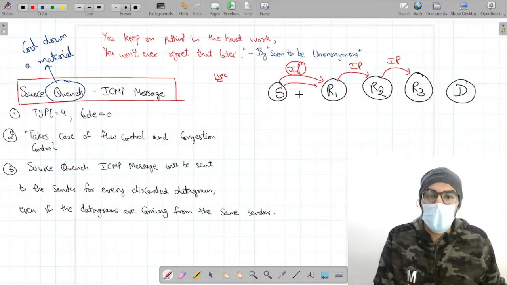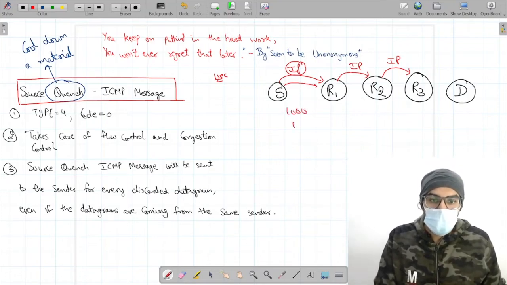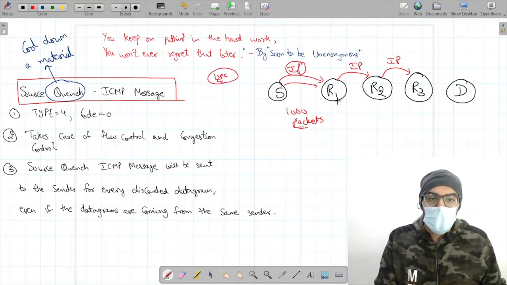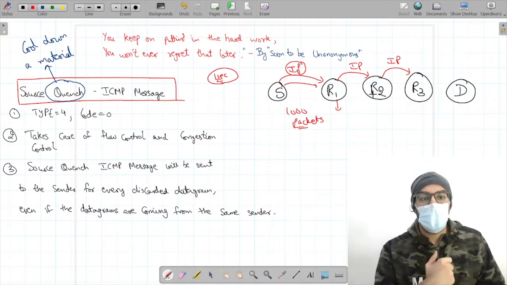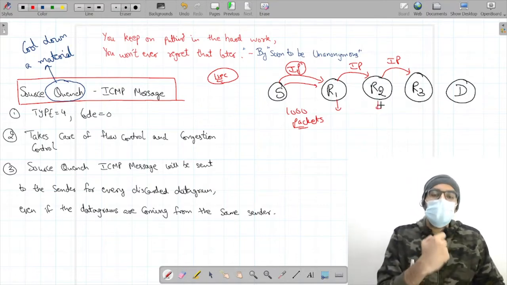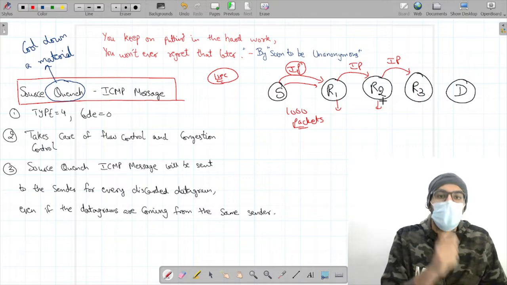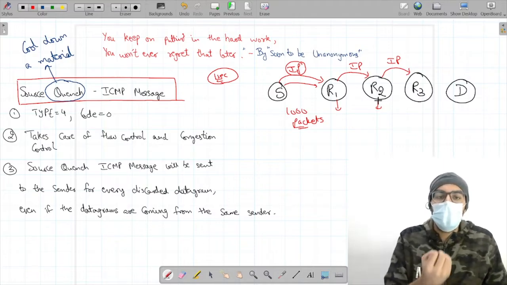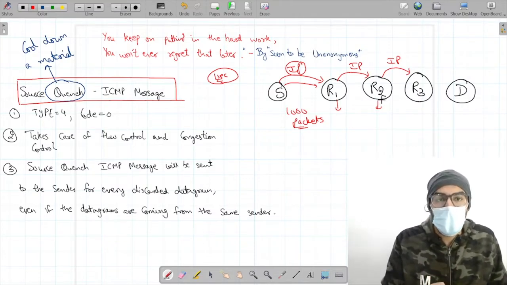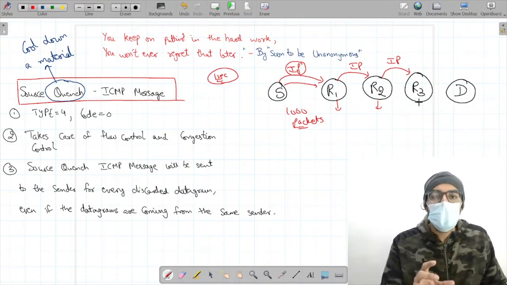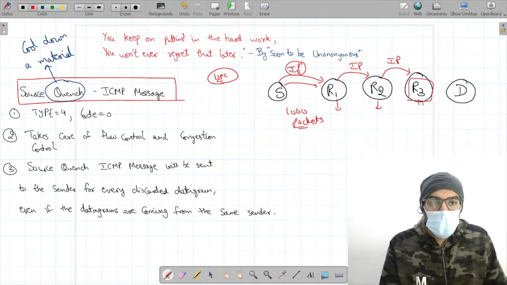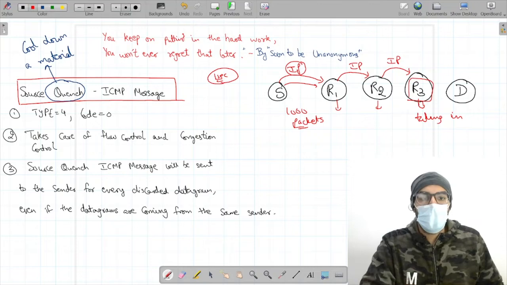Let's say the source is sending 1,000 packets in 1 second, and routers R1 and R2 are both able to take in 1,000 packets in 1 second. But when these 1,000 packets reach R3, R3 is not capable of taking in 1,000 packets